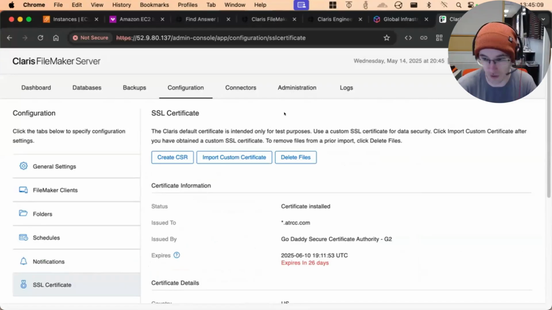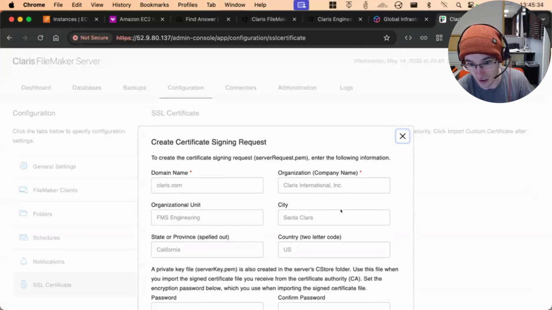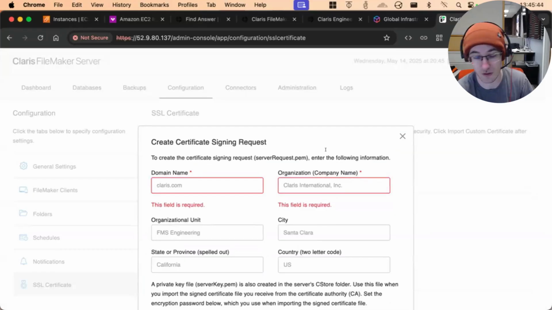That's it. Thanks. The only other thing worth noting here is if you are making your own SSL, there's a couple ways to do what we just did. One, we have all of our own keys and certificates available to us, so I can just import them. Second, if you're doing this the only-clicking way, avoiding the command line, you're going to go here and create a CSR. You're going to fill all these details out. The red asterisks indicate what's really required. This is your FileMaker Server domain name. That's the big one. This would be your company name. That's the other big one.